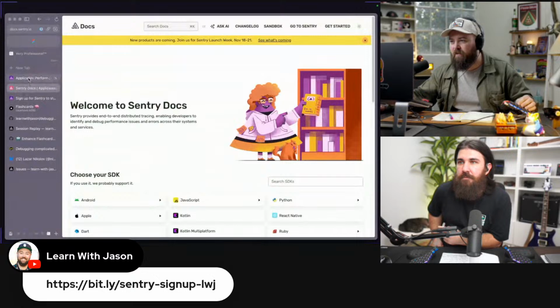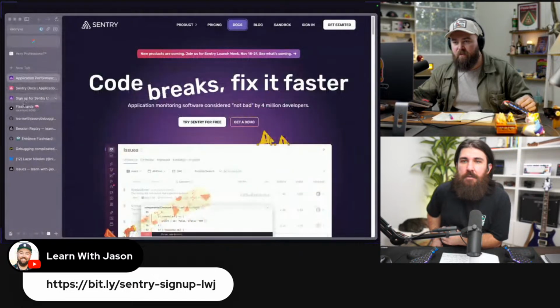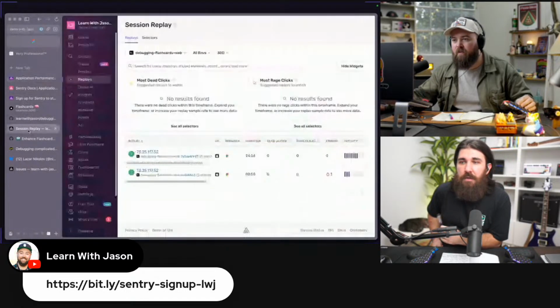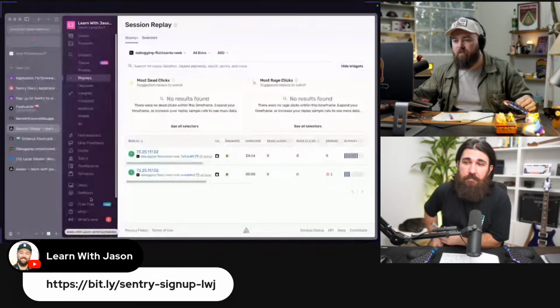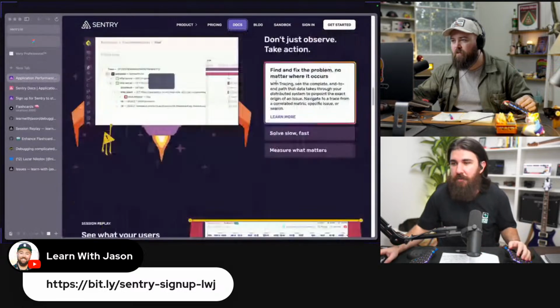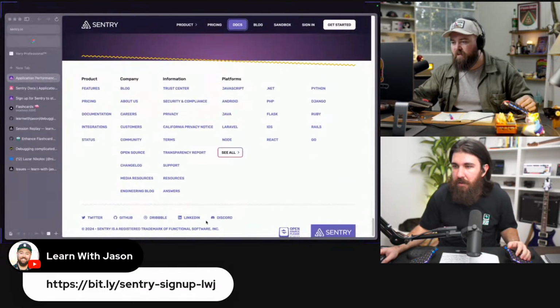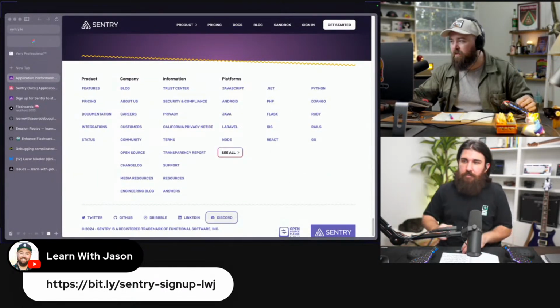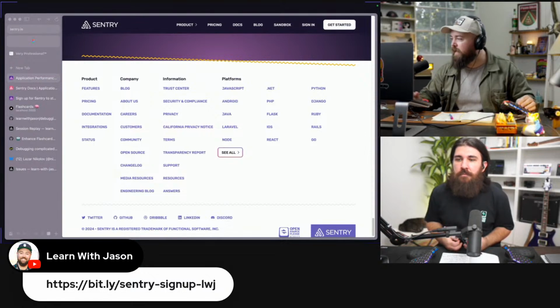You can also join our Discord server, because guess what, the engineers are there. So if you have an issue with the Next.js SDK, they're going to answer. Where does one find this Discord? Here it is, down at the bottom, in the footer. I'll drop a link to that as well.